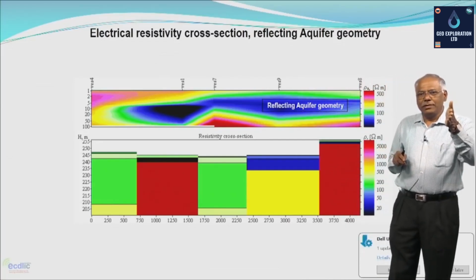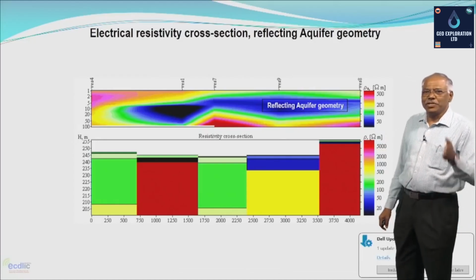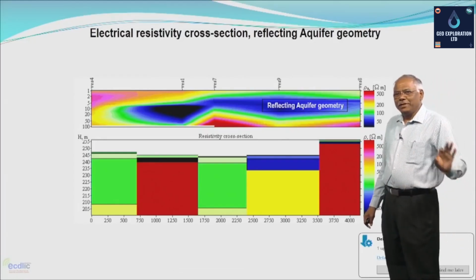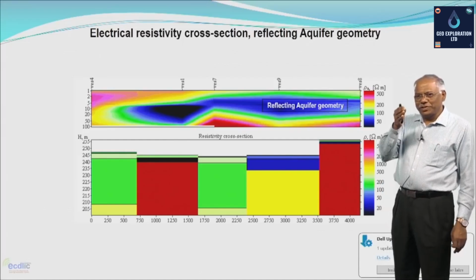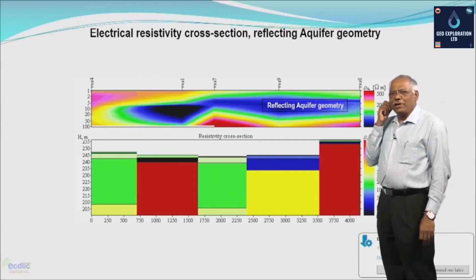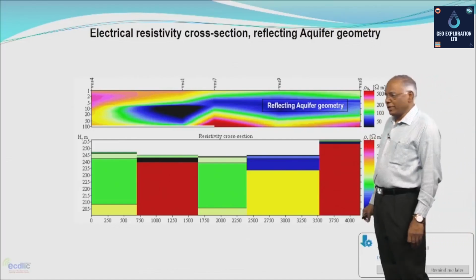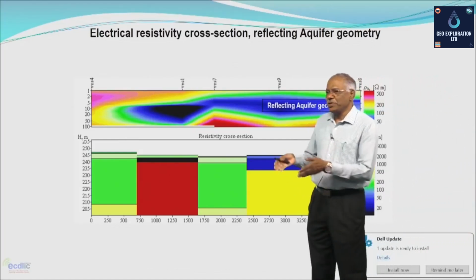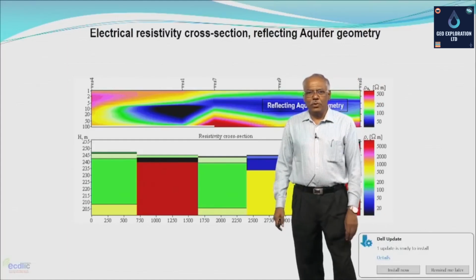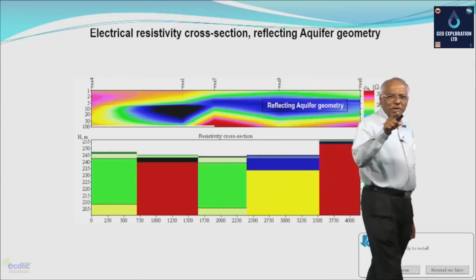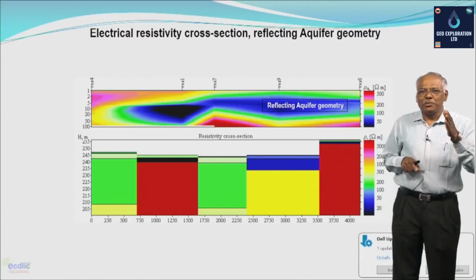On your left side, there is a y axis which indicates the depth, and on the right side is the scale, which indicates the values of the resistivity. Blue color indicates low resistivity. Low resistivity would coincide with the occurrence of groundwater, and therefore, this picture indicates that up to say 20-30 meters,